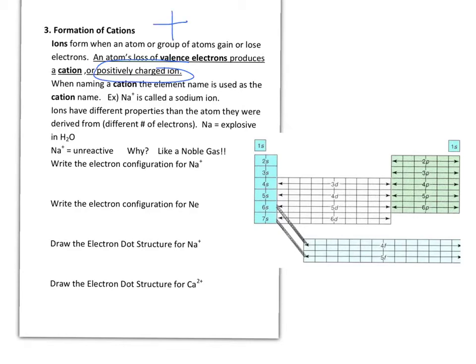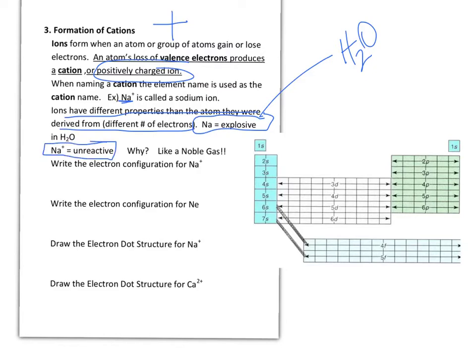When naming a cation, and this is important because you will use this later when we are naming compounds, you use the element name. So if it is a plus, it is then just referred to by that element. For example, sodium forms an ion by losing 1 electron, and so therefore it is called the sodium ion. Now, ions have different properties than the atom they were derived from. For example, if you just take sodium and you put it in H2O, it is explosive. Whereas if you take Na+, it is unreactive. The reason why is because by losing that electron, we have formed the electron configuration of a noble